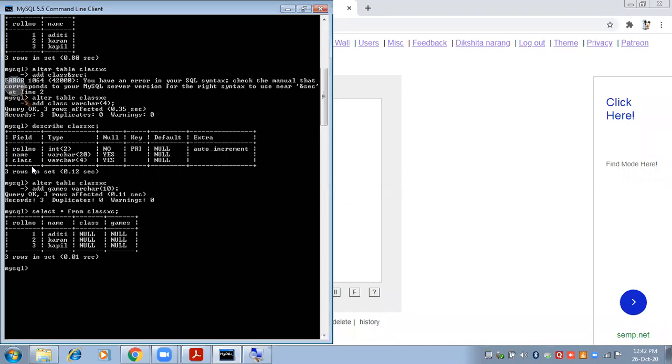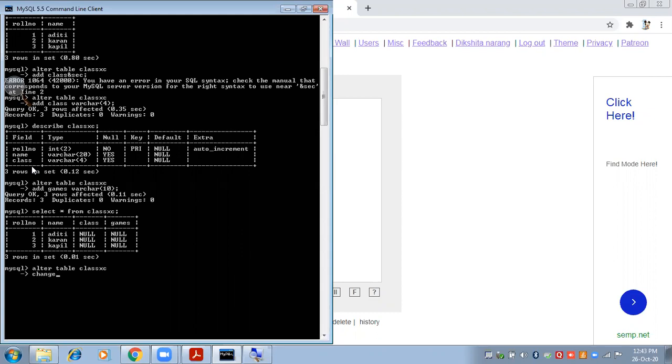Okay, now suppose I wanted to do some modification in games. I wanted to change the name of the column games, and I wanted to make it as an activity. Instead of games, I wanted to write the heading as activity. So we will use the same command, alter table class 10c, but this time because we are going to change the name of the column, so we will use a keyword change.